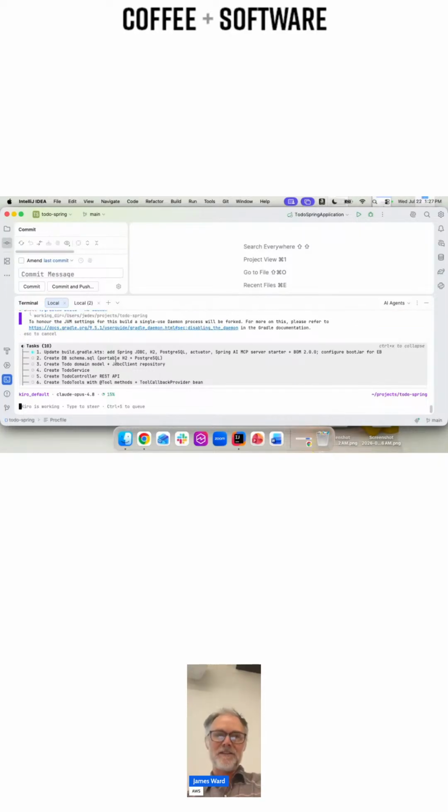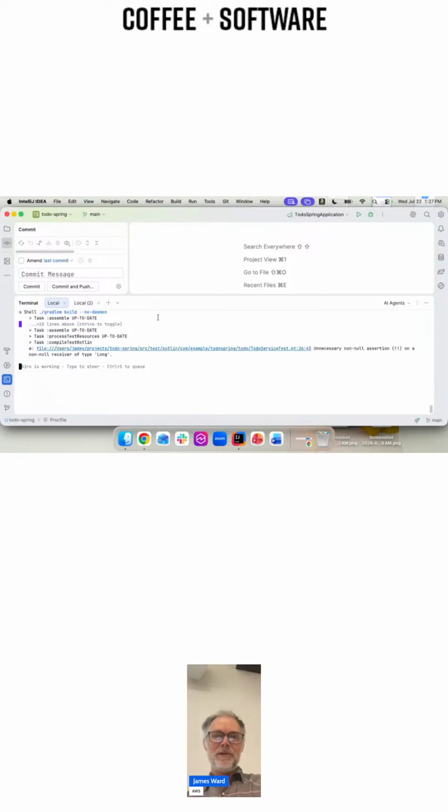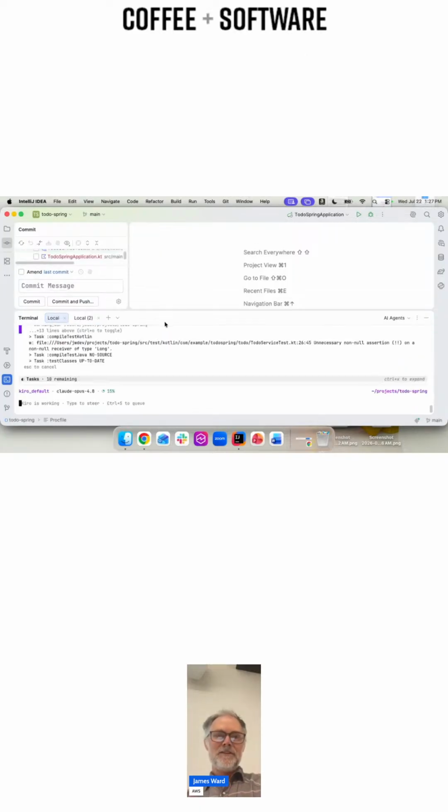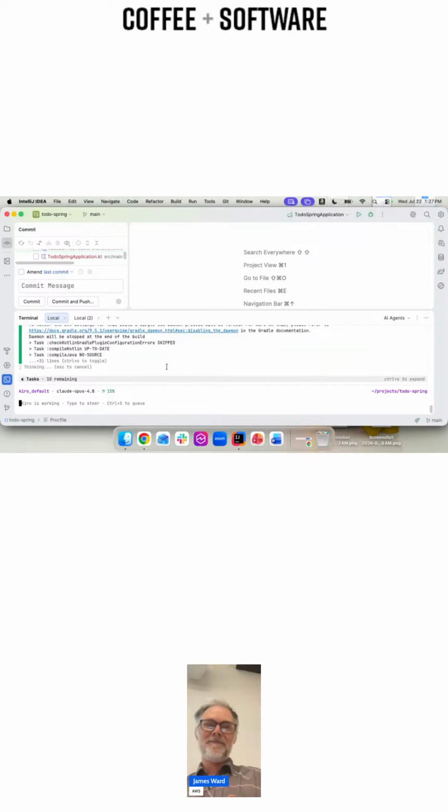So it hasn't created the schema file yet. Looks like it did some of these other tasks, but it hasn't checked them off yet. Maybe it's waiting until it runs the test or something to verify that those are complete. So yeah, we'll let that thing chug along there. And built into Kotlin, is there a test runner, or is it